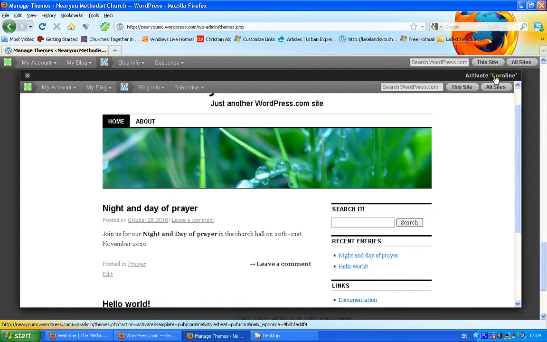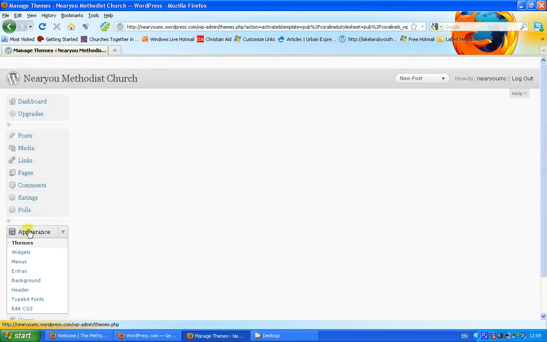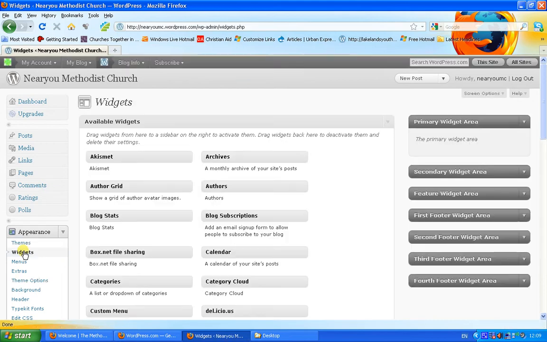You just click up the top right hand corner. If you don't particularly like it, you just exit off there to close it. And I'm going to activate that. Next I'm going to go into widgets, and